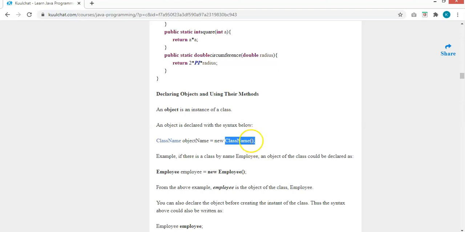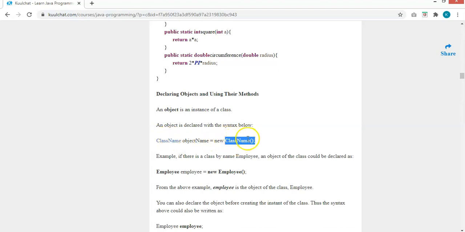Okay, so that's how we create an object. So in our mathematics class that we've created, if you want to create an object called mass or something, then the class name is mathematics. So mathematics is supposed to come here. Then if I give it an object name mass, then mass is equal to new, then the same class name will be here. So we have mathematics over here. Then we close it with the